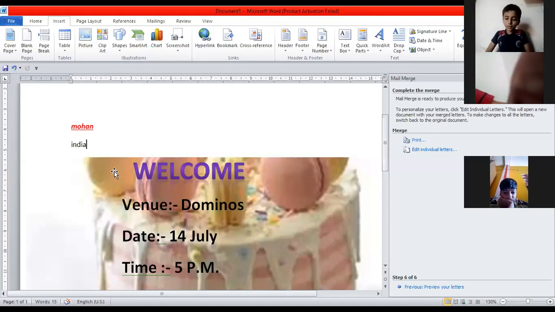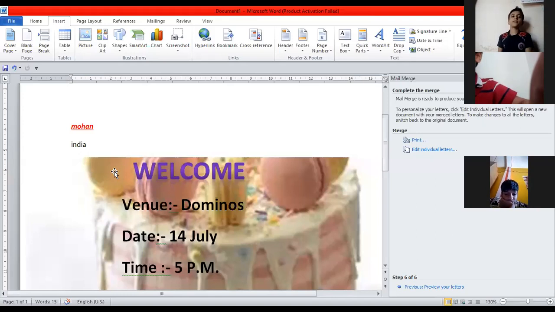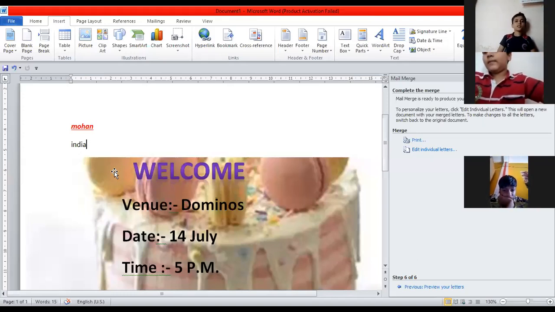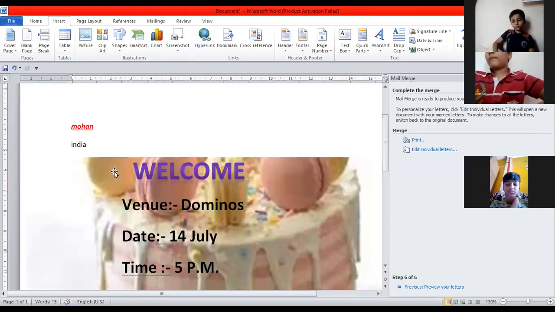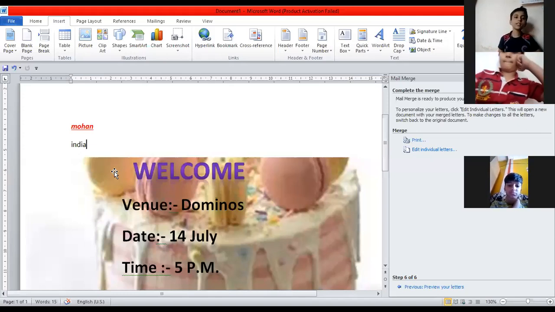Ma'am, what if we have to send the letter online by mail, not physically, like printing and then sending? See, sending a simple letter this way is a bit complicated. But when you want to send the letter through mail, that chapter is there in your syllabus. When we come to the topic of the internet, I will tell you how to send a single letter to many persons all together.